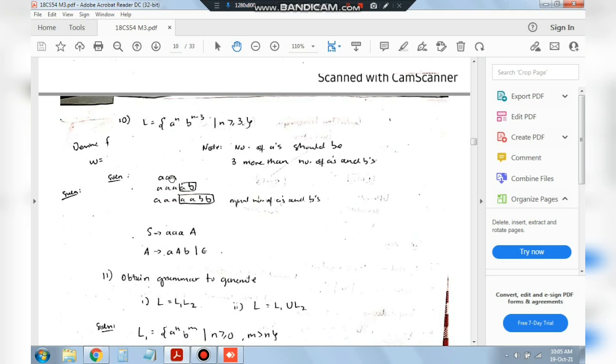So it will be aaa. When n is 4, we'll have 4 a's, meaning aaa will already be there, and here we'll have ab. If it is 5, we'll have aabb. So initially we'll have aaa 3 times. We'll write S goes to aaaA, and in capital A what we have is ab, aabb, aaabbb, like a power n and b power n. What is the formula for a power n and b power n? It is A goes to aAb. So this will be the formula for A, and these two lines are the CFG for the given question.